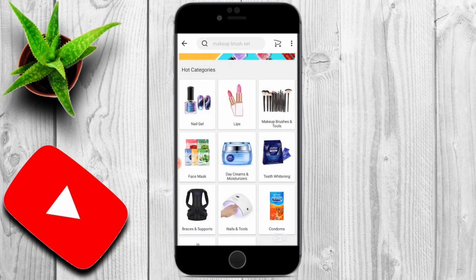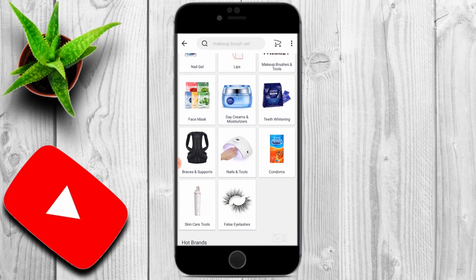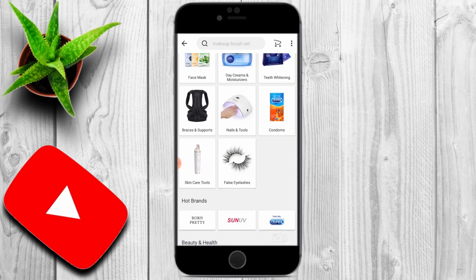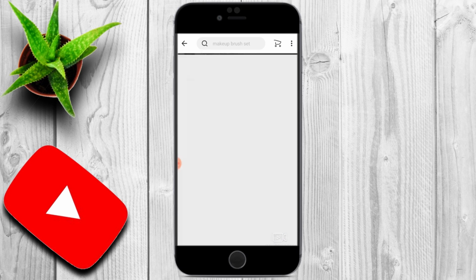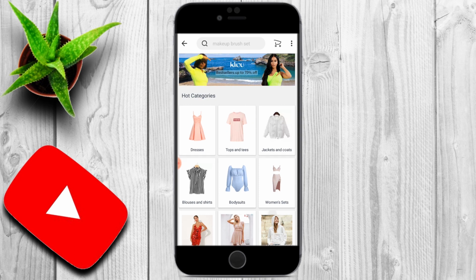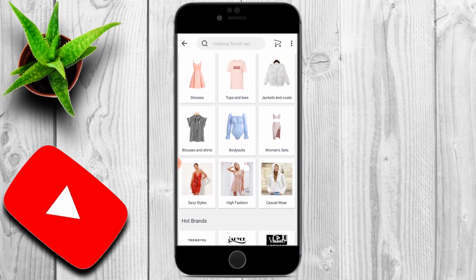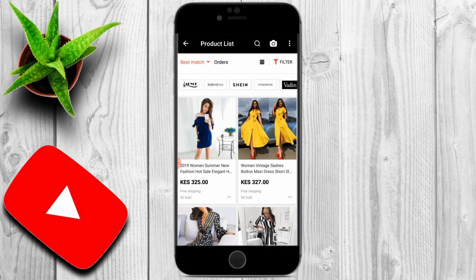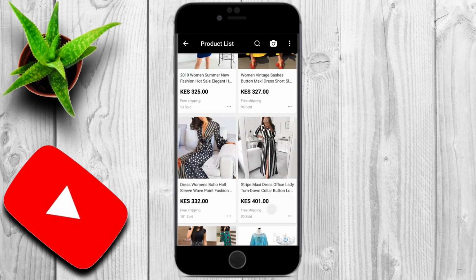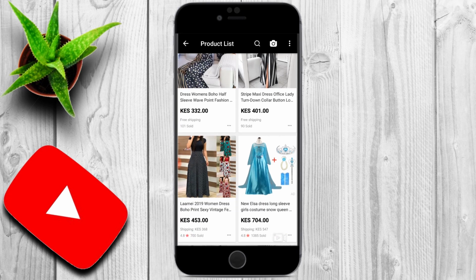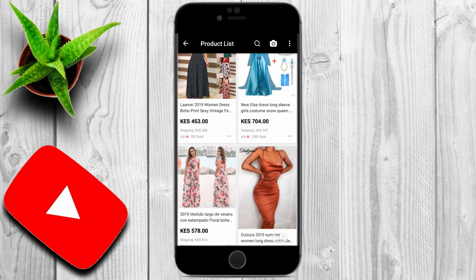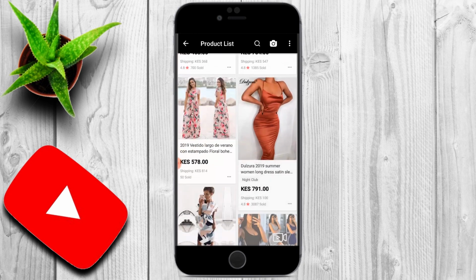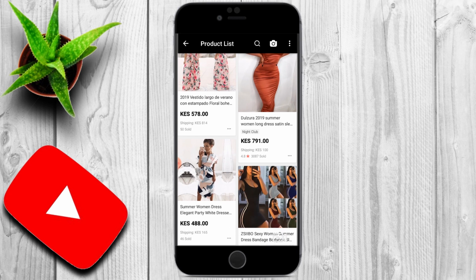So here I'm just scrolling down and I want to see if something attracts me, and I will go to fashion, as I said. For the fashion, we have different categories, and of course I want to see various dresses, and I'm telling you, these dresses on AliExpress are something else. Very beautiful but affordable. Very nice colors, very nice designs. I just love AliExpress dresses because first they're affordable,